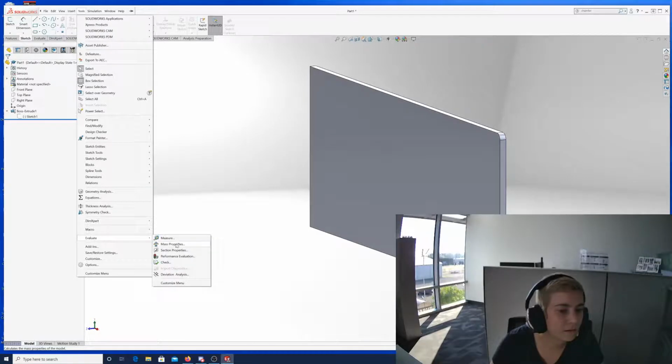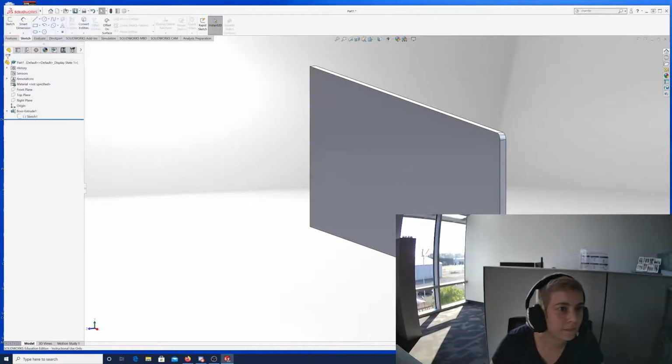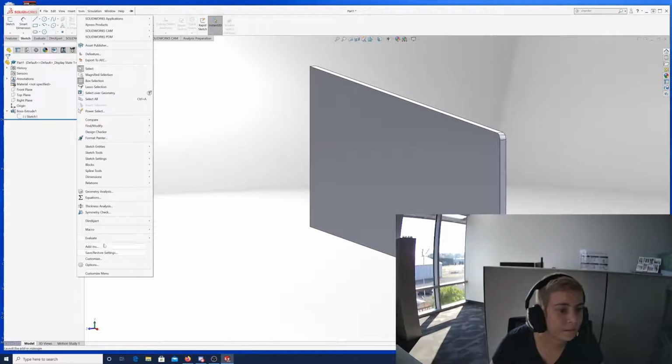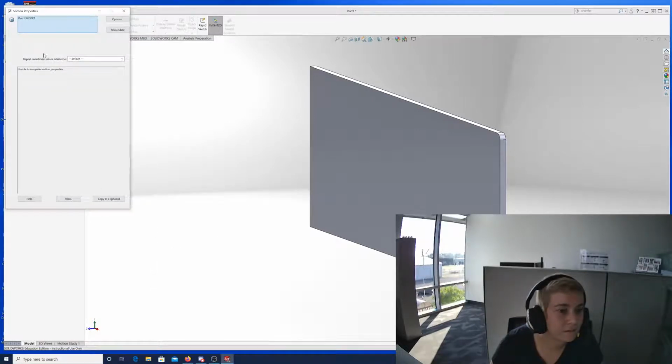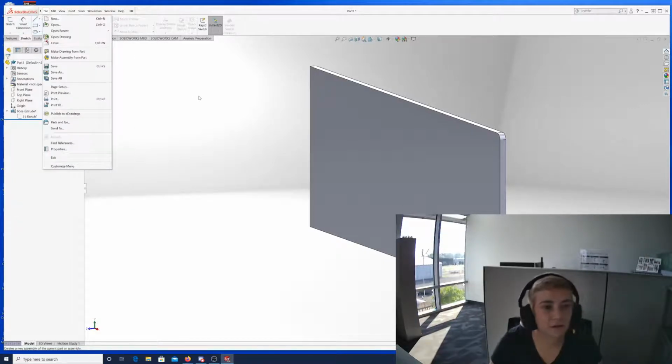Might have been in here. No, it's down here somewhere. Now I'm trying to remember, but okay. Well, there's a way that you can change the material, and then you can actually also,